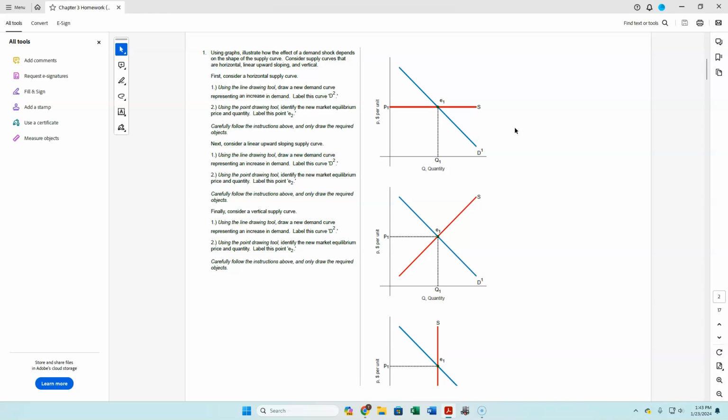What we've got here for number one is we're just trying to do some applications of demand and supply in general here in chapter 3. And what we're trying to see here is that if we have differing slopes for the supply curve, how does that change things when the demand curve shifts? How does that change things? And so in each of these cases here,